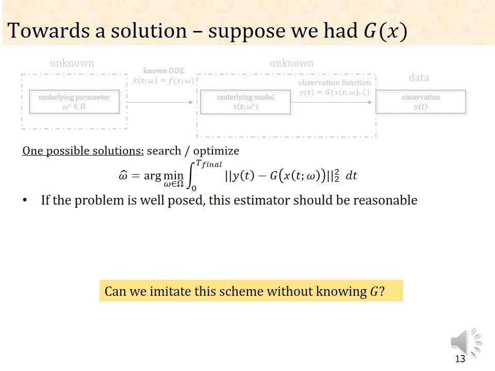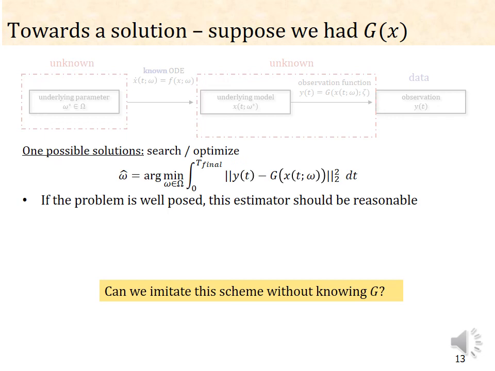Good, I'm comparing them. So I'm comparing the L2 norm in space, L1 in time, and I want to minimize it. Of course, if I had omega star, this would be 0, so I want to minimize it. And we know that this might have some issues, but generally speaking, this is a robust way. And if G is well posed, if there is a solution, and if there's a unique solution, then this estimator should be reasonable. And again, the theory of inverse problems makes this sentence rigorous for some problems. I want to imitate the scheme